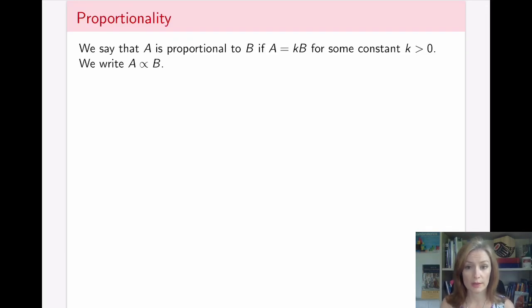Let's talk about proportionality. We say that two things are proportional to each other if they're multiples of each other. So two quantities where one is twice as big as the other, or 3 times as big as the other, or 4.5 times as little as the other one. Mathematically, we write that if A is proportional to B, then A equals K times B, where K is